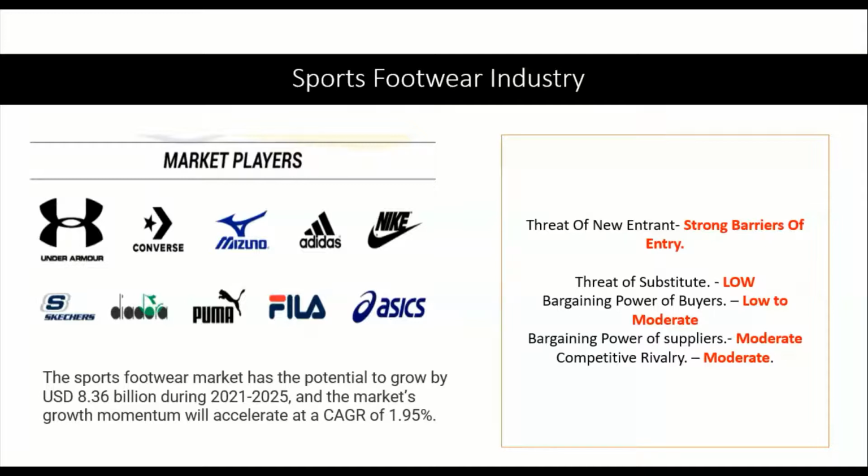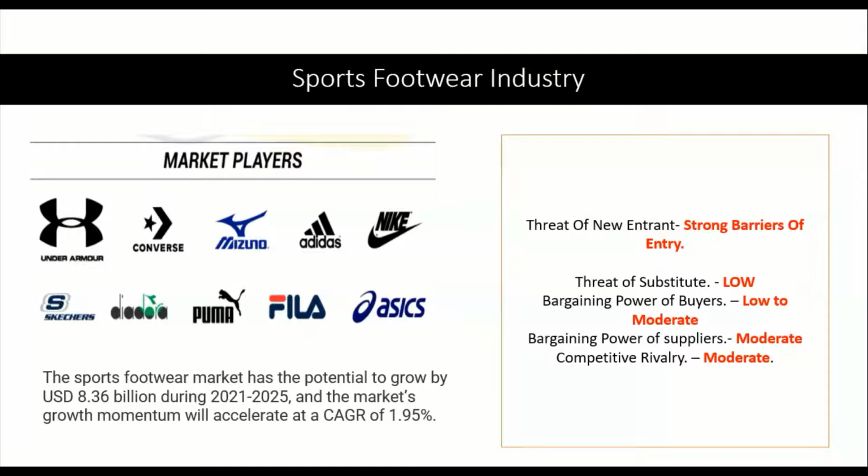Let's say I would like to buy jogging shoes. I have a jogging shoe and I would like to buy another jogging shoe, so I'll buy another jogging shoe. I do not shift the product, like buying a slipper or a simple shoe as a substitute for the jogging shoes. Jogging shoes are very important and have no substitute. You have to go with jogging shoes only. Even if you have a substitute, that's not a perfect thing. So the threat of substitutes for the products is very low.